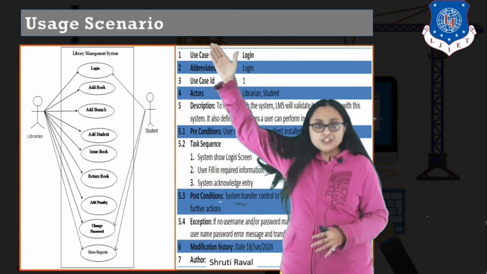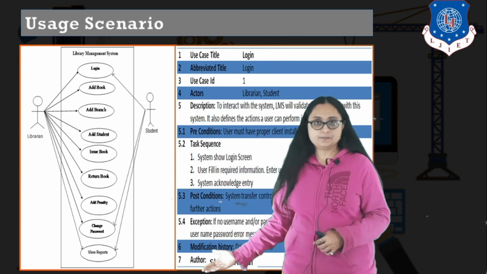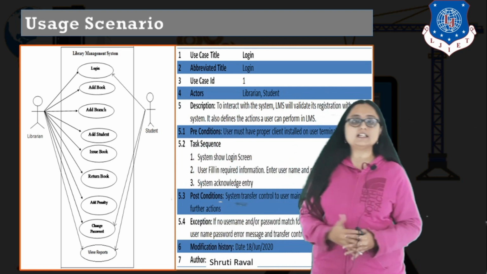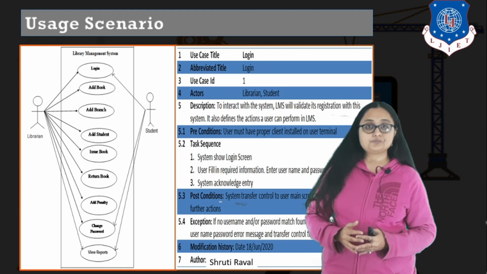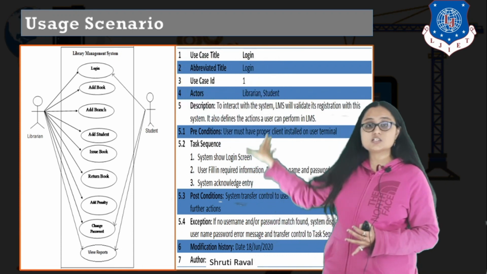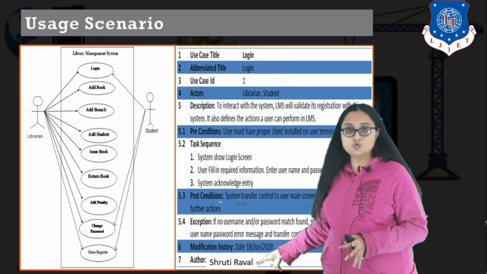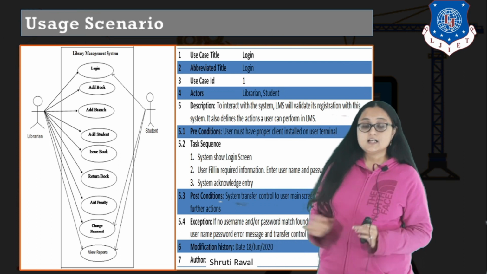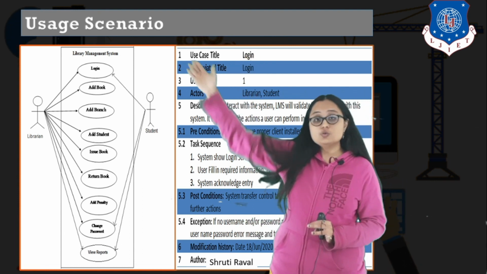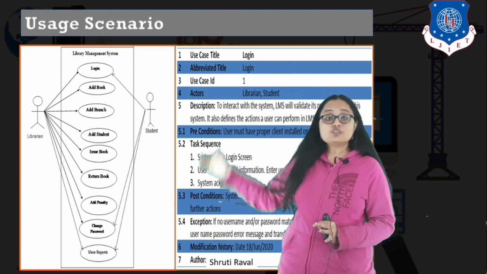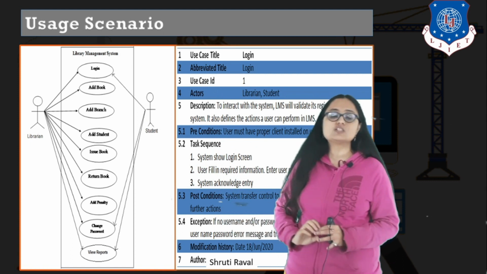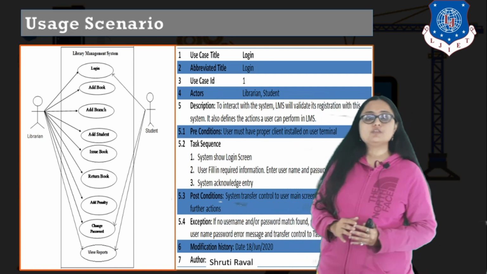So here you have different use cases that you can see, right? In this use case diagram you have two actors, librarian and student, and there are a number of functionalities that this librarian and student can perform. I have taken only one functionality, login, and I have written the user scenario for that particular functionality only. So now you can get an idea that the number of user scenario descriptions is equal to the use cases in your use case diagram. Individually you can write the user scenario for every use case of your use case diagram. Currently we will see an example for only login.